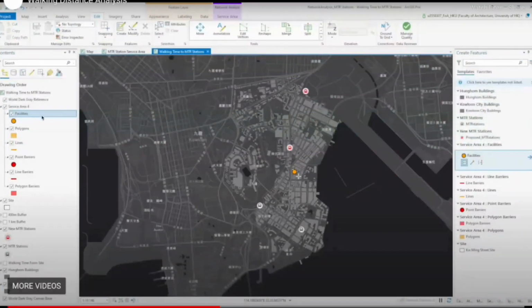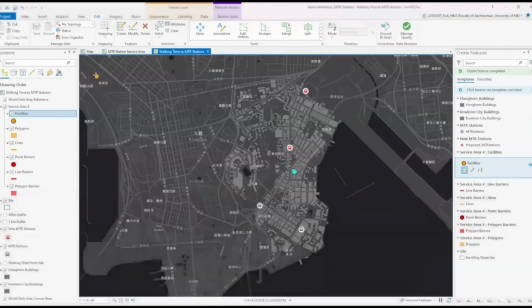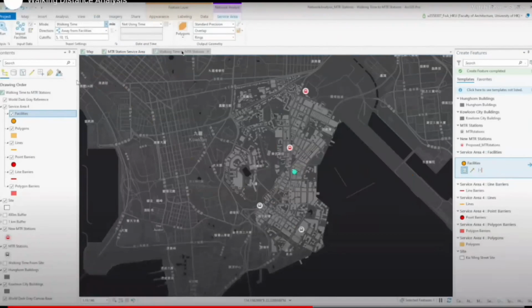How to do that is to create your facility. Instead of inputting it, create your own facility, which starts from our site right here. After you've created it, you could press save, and you have created a facility right there. Go back to surface area analysis, but this time choose walking time.